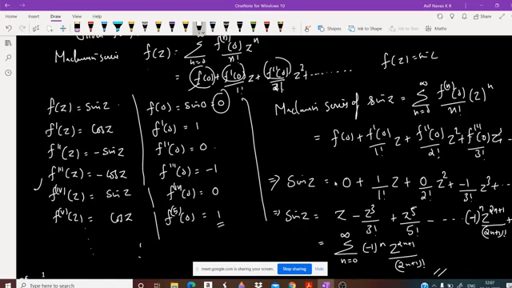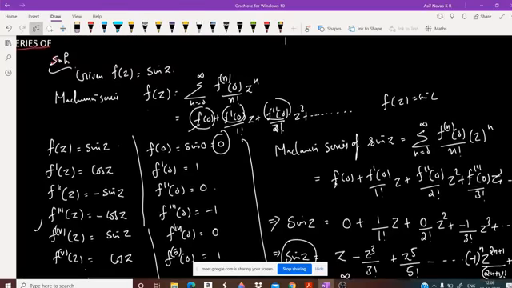So we can find the Taylor series or Maclaurin series expansion of sin z. So similarly, the second problem is